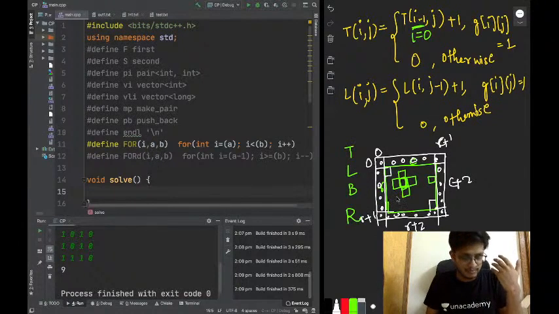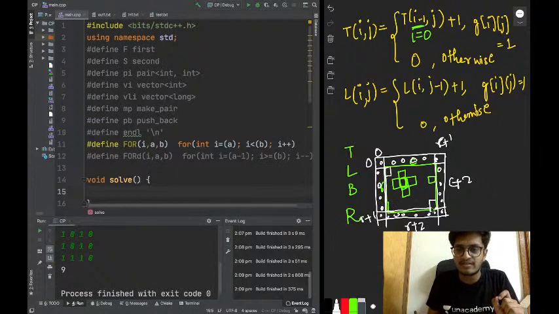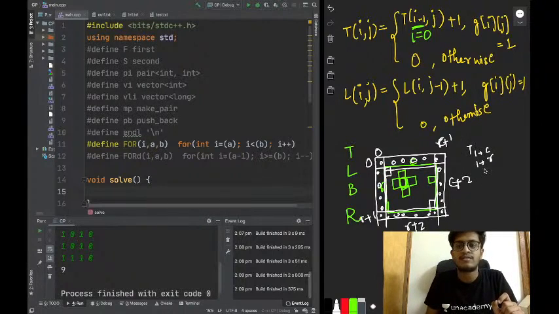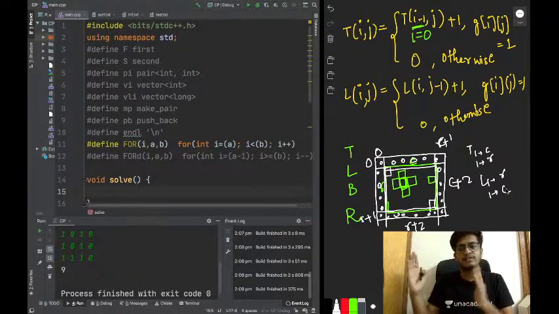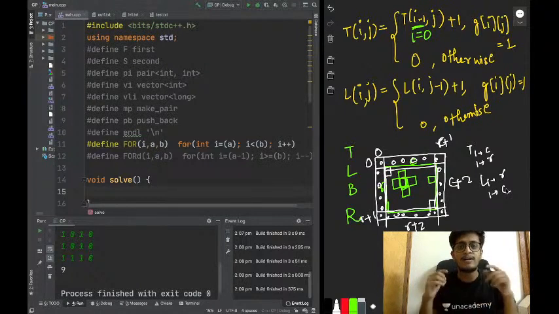So now I don't have to write the condition. This is very useful. Our useful matrix will be 1 indexed. What is our useful matrix now? T of 1 to R, 1 to C. L of 1 to R, 1 to C. Our useful content is present from 1 to R and 1 to C. That's it. The 0th row, 0th column, R plus 1th row and C plus 1th column are not useful for us. They will contain all zeros, but if we add them, we don't have to write any condition.